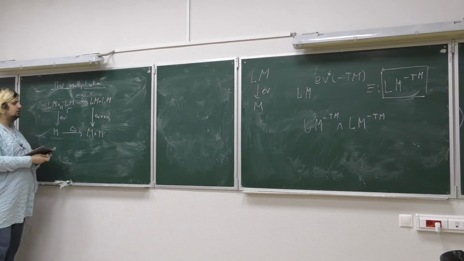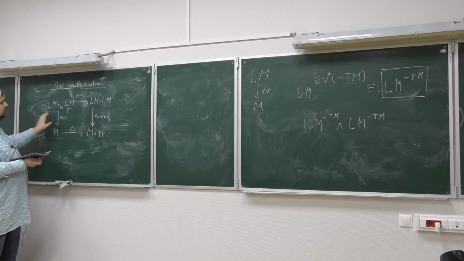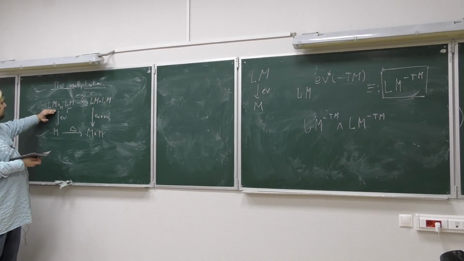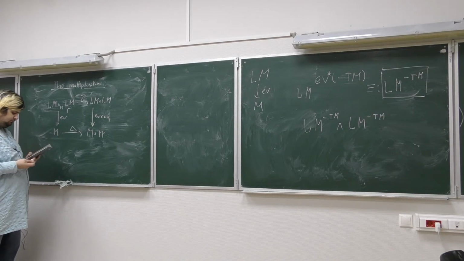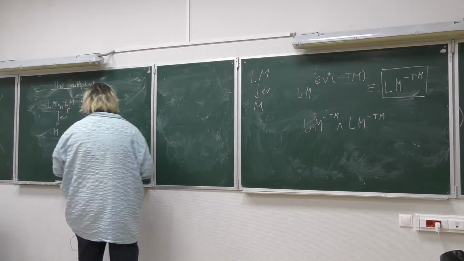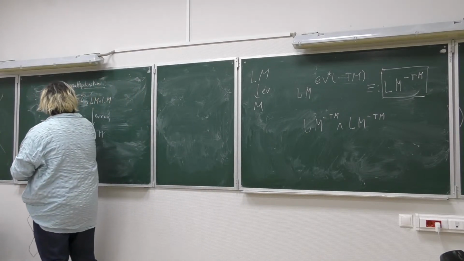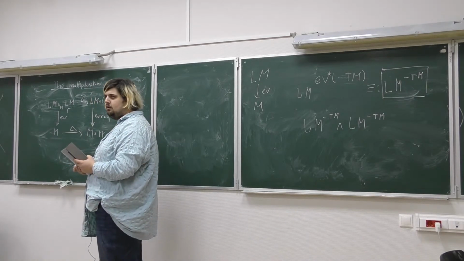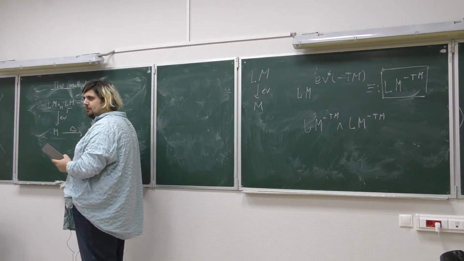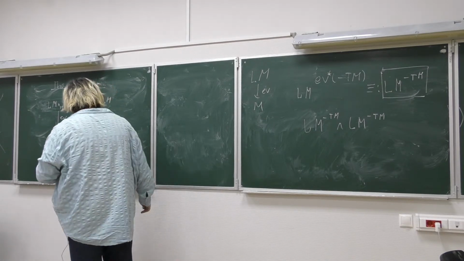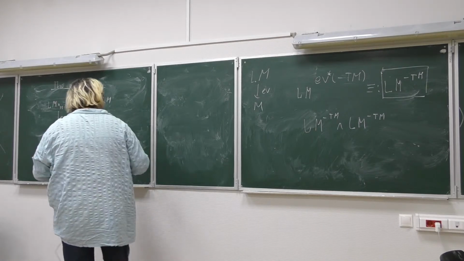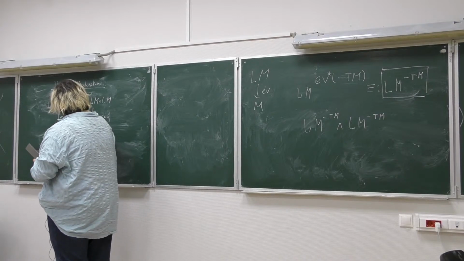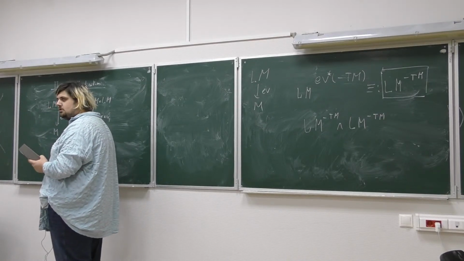So what's happening here? Well, we just take the pullback of LM times LM along this diagonal map, and we get LM times LM over M. In particular, it exhibits LM times LM over M as a codimension d submanifold inside of LM times LM, because M is a codimension d submanifold inside of M times M. And so we also know how to get a normal bundle of this embedding, because we just need to pull back the normal bundle of delta, which is just the tangent bundle, along